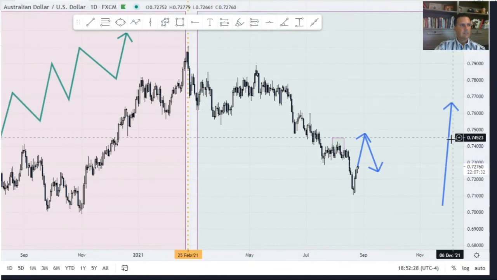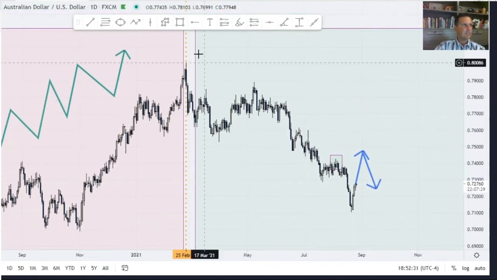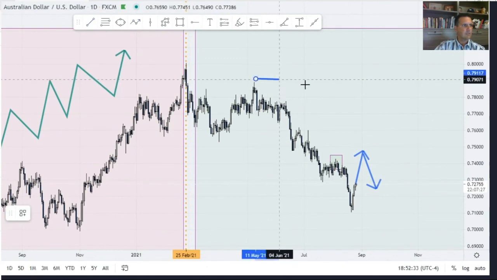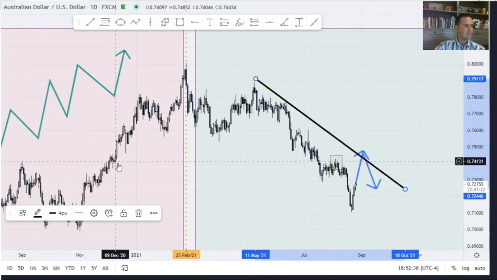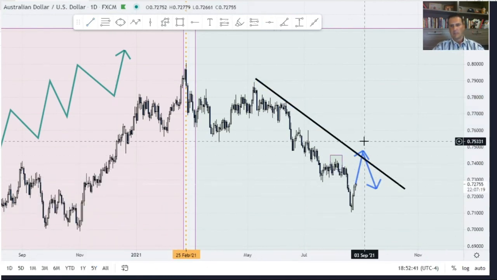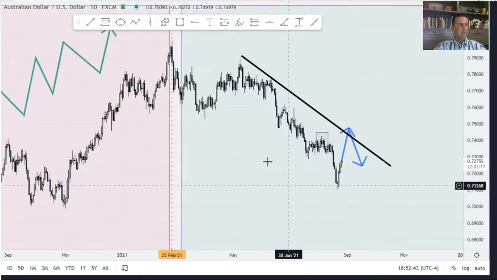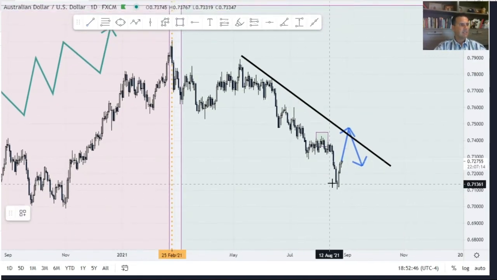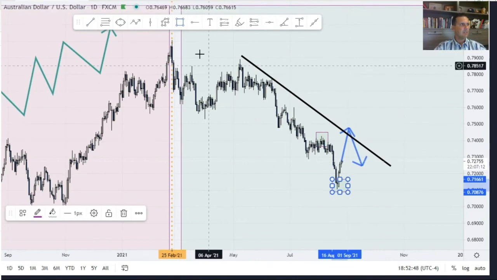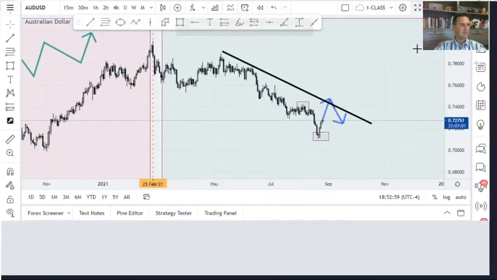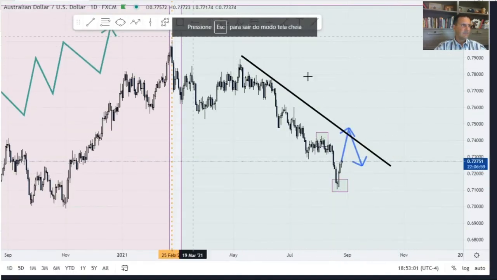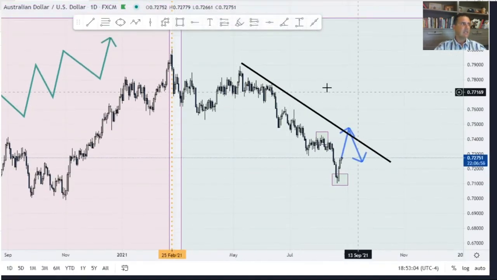But a beginner trader from YouTube videos is going to see, well, I have a trend line break and it's a breakout and I'm going to go long. Okay, so I'm not judging anybody. I'm just trying to explain to everybody that trading is a learnable skill when you learn in the correct way. Because if you don't learn in the correct way, you can win eventually, right? Sometimes, but